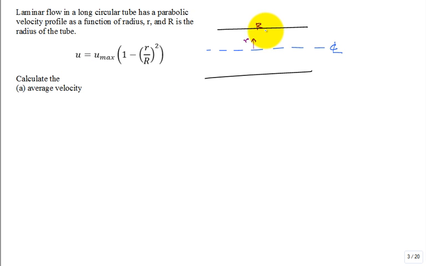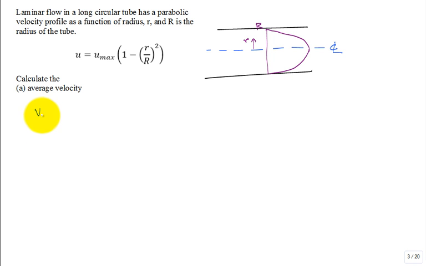When you plot it, it'll be a quadratic, or what they call parabolic. It'll be maximum at the center line. It'll have that type of shape, a bullet type of shape. The first part of the multi-part sequence of questions is calculate the average velocity. Well, the average velocity,